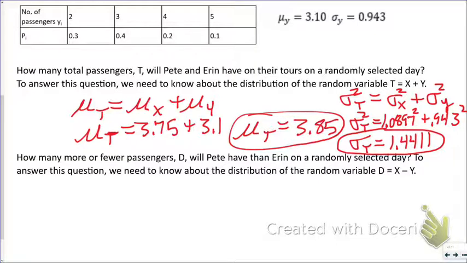What about the difference? So this is when that negative thing comes into play. The mean will be very easy. I'm just simply going to subtract these two. I can do that in my head, I hope. So on average, they have a difference of 0.65 passengers. But standard deviation,